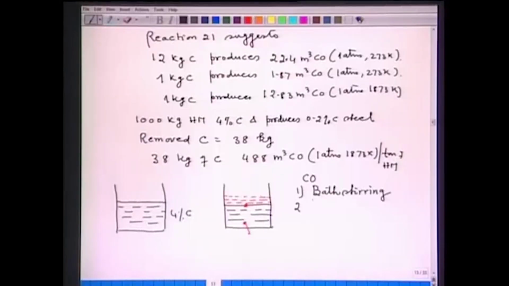Another thing, as the CO exits through the slag, it will also provide stirring in the slag. So, what are the advantages associated with the stirring of the slag? Suppose you have made a slag and you want to add something for dissolution in the slag, then because of the good stirring, it will try to eliminate the gradient, and hence the dissolution rate will be faster. So, these are some of the advantages of the C plus O is equal to CO reaction, but at